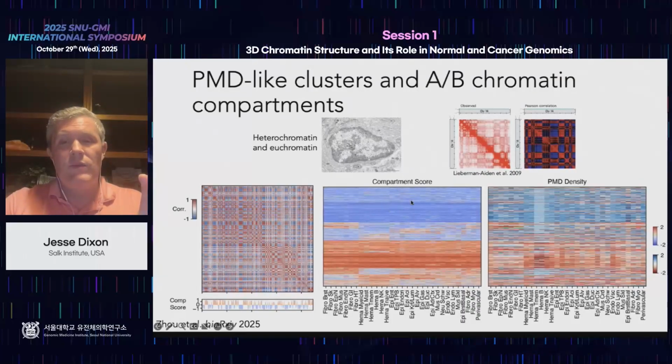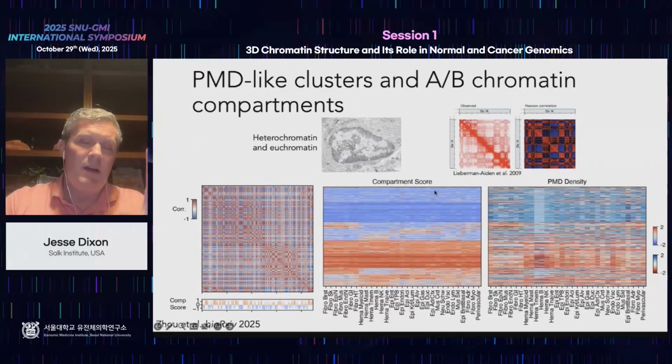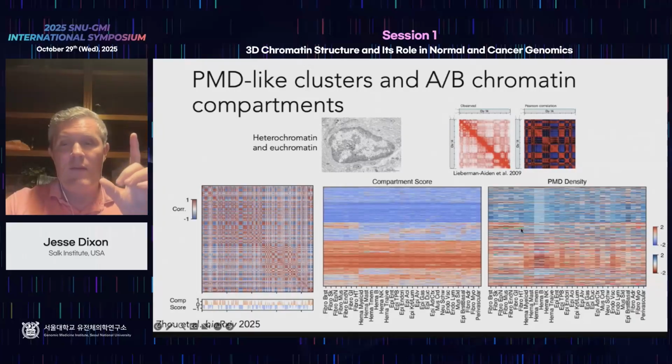And so what we can see is these regions that we're labeling here in blue are these more heterochromatic sites in the genome. They're very clearly correlated with the presence of these partially methylated domains in the genome. And not only do we see this at a global level, we can actually see evidence of cases where this switches. So this would be a region of our genome here that's an A compartment in these fibroblast regions, where they're active compartment, but that switches to this inactive B compartment in other lineages. And you can actually see that the methylation phenotype also follows the same pattern. So this is in this more fully methylated state in the fibroblast lineages